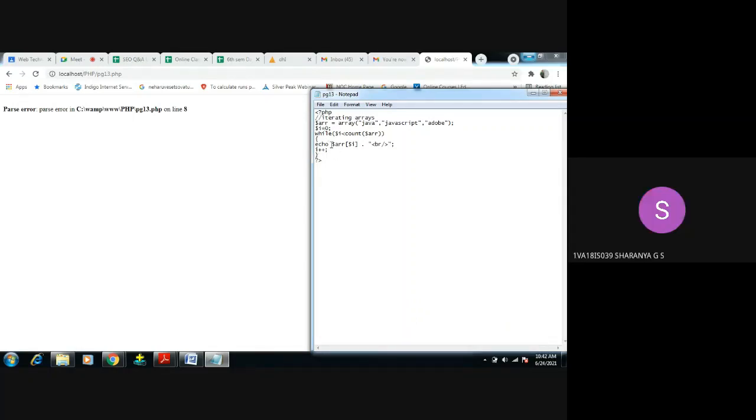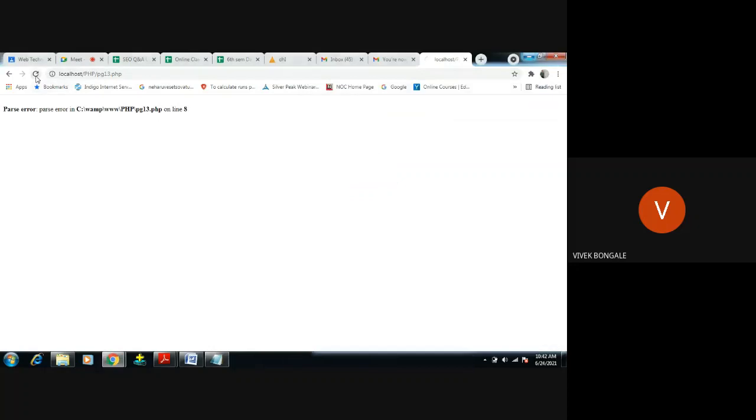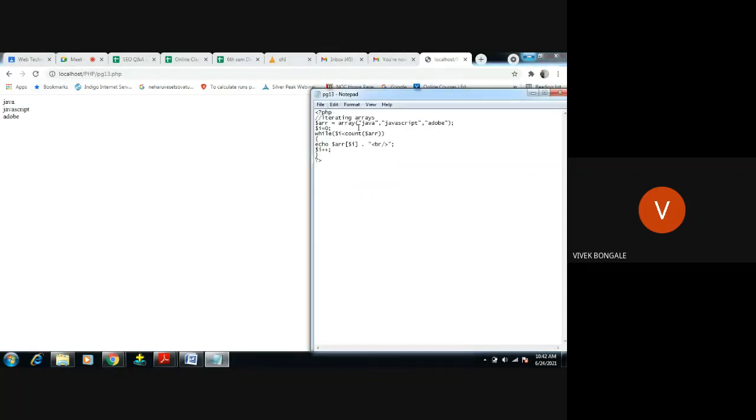So it is giving error in line 8, I plus plus. Yes, okay, fine. So here we have to give the variable, right? Dollar variable here, because all the variables start with dollar, right? $I plus plus means dollar I. Right, so it has been displayed. All these three values are displayed there, right? This is how we're going to iterate the array by using the while loop.